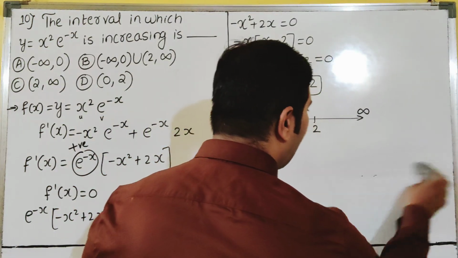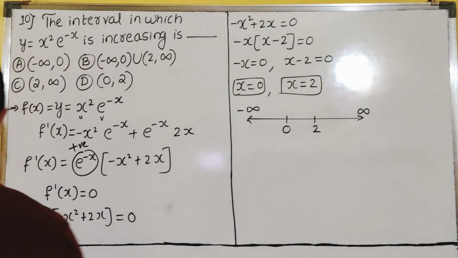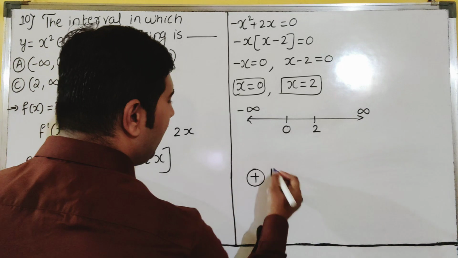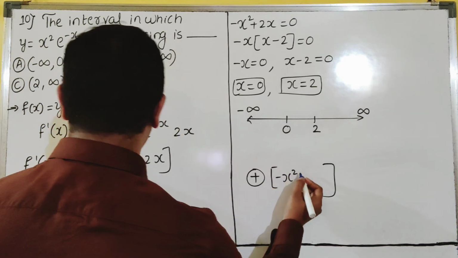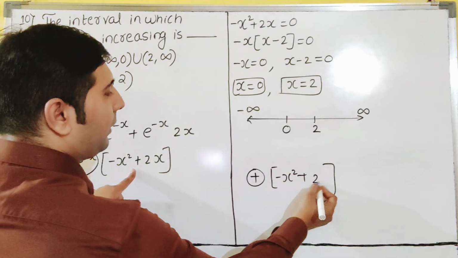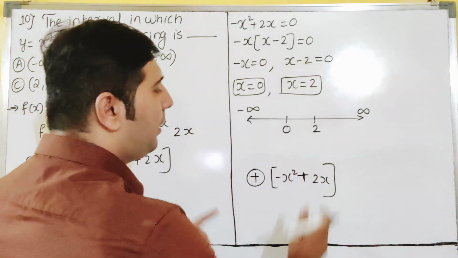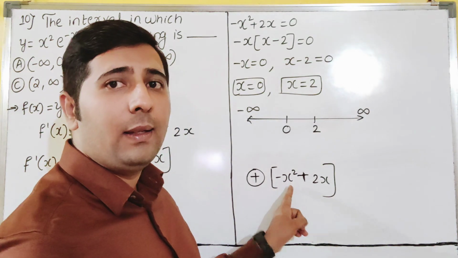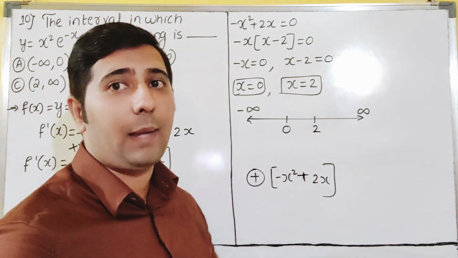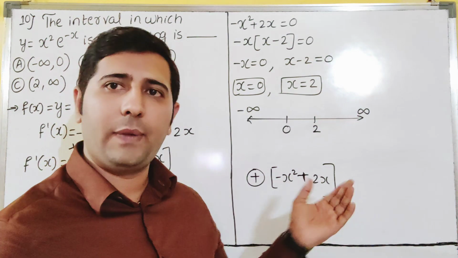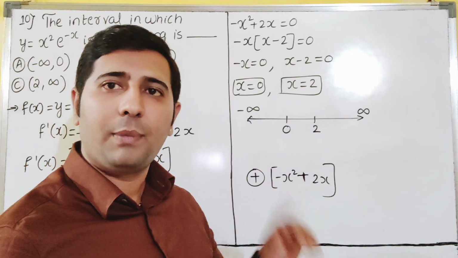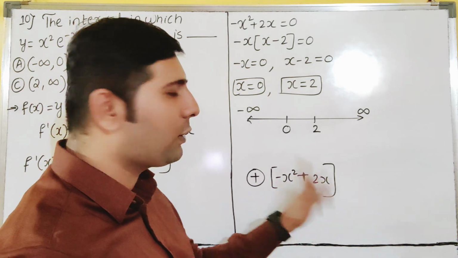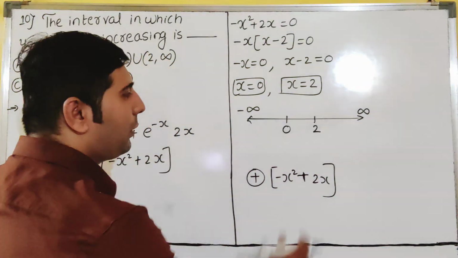Now see here, what will happen? Already this is positive. This is positive, dear students. I will not say anything about this. I have to check on this only. Minus x square plus 2x. Only I have to check whether this is giving positive or negative. This is a minus outside, x square is there. That's why minus x square. Don't think minus x whole square is there. If it is there, then it would have become plus x square, dear students. Minus is outside, x square plus 2x. Clear? So now what do I have to substitute?